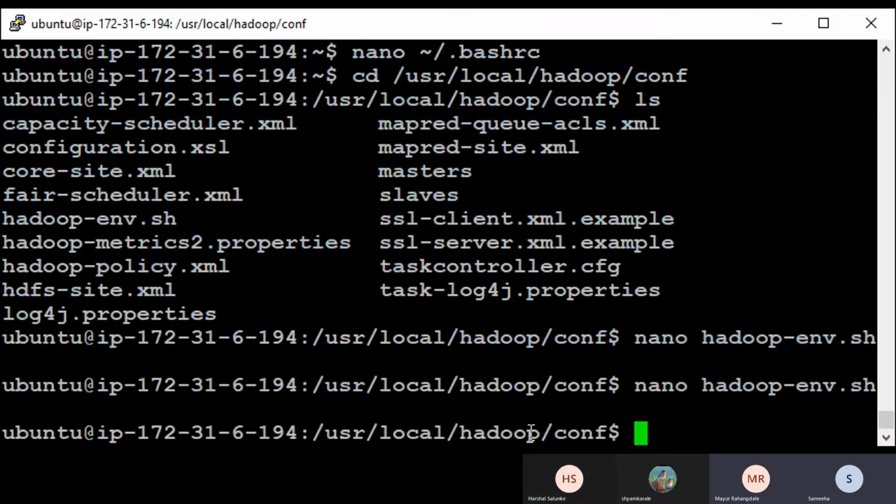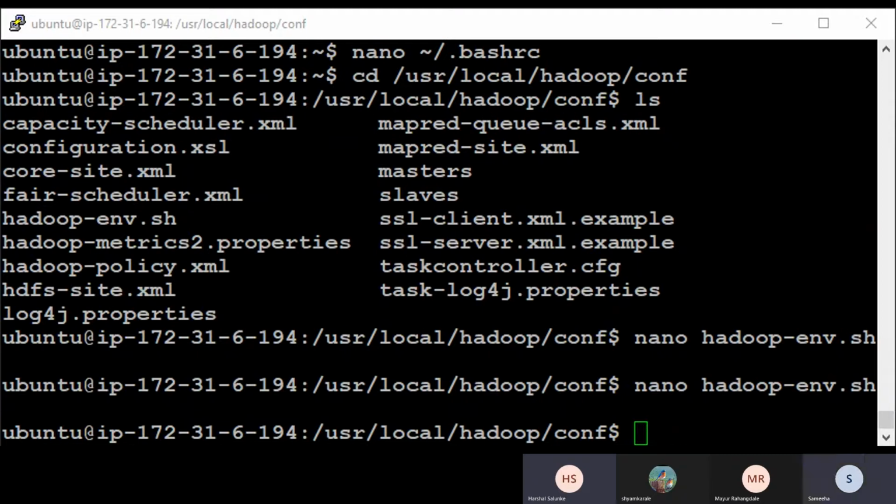Can we paste that command anywhere? We are configuring the Hadoop environment and we pasted that export at the end, but I think in the Hadoop environment we have to paste it in the middle, in between. See, wherever you paste, it doesn't matter. It's just because we need to keep track of what we pasted. That's why we do it at the end, because for any changes that we make, we will know where those changes are. Otherwise, we'll have to find them in the whole file.